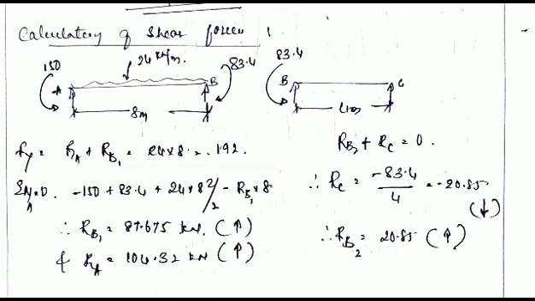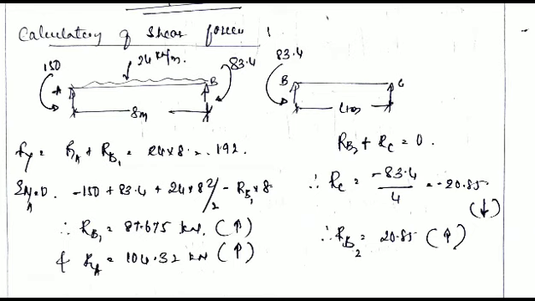And taking moment at joint A equal to 0, we can see the rotation moments will be minus 150, anti-clockwise, plus 83.4, the clockwise moment at B joint, plus 24 into 8 into 8 by 2, that is 24 into 8 square by 2, minus reaction at B, RB into 8, which is anti-clockwise. So substituting all values, we get the reaction at B joint as 87.675, which is positive, moving upward.